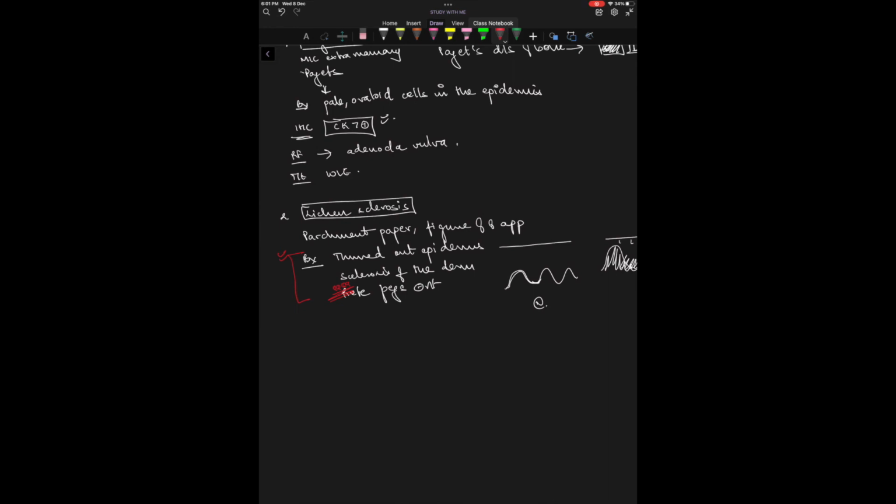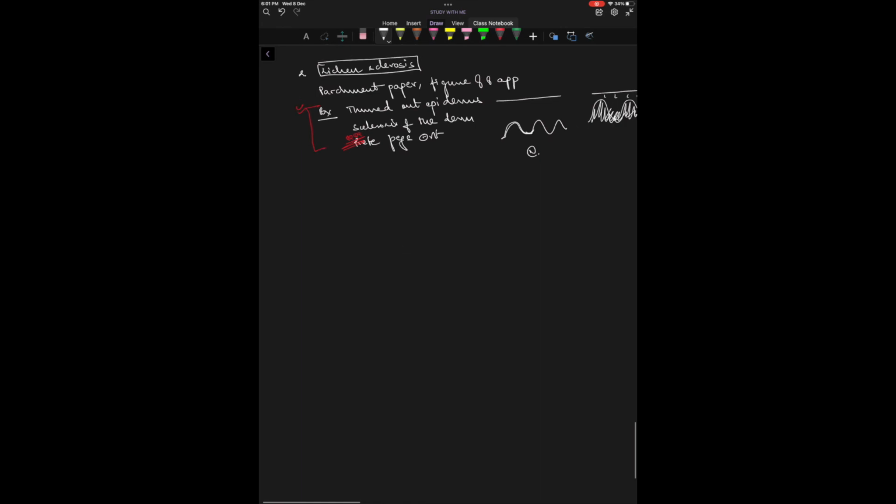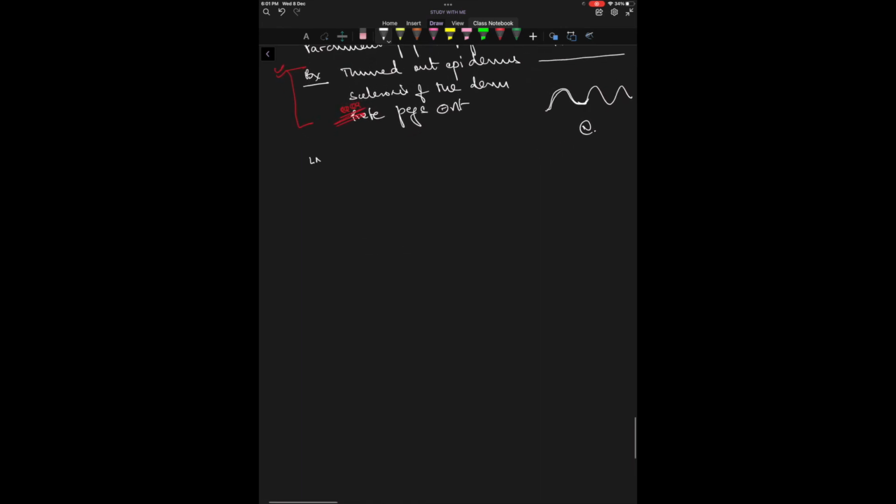In vulva, another important thing to remember is the lymph node drainage. Why? Because here there is a sentinel lymph node, like in testicular cancer. Always correlate and study things. It helps in better retention and better correlation as well. So here, what is a sentinel lymph node? Okay, the sentinel lymph node is superficial inguinal lymph node.